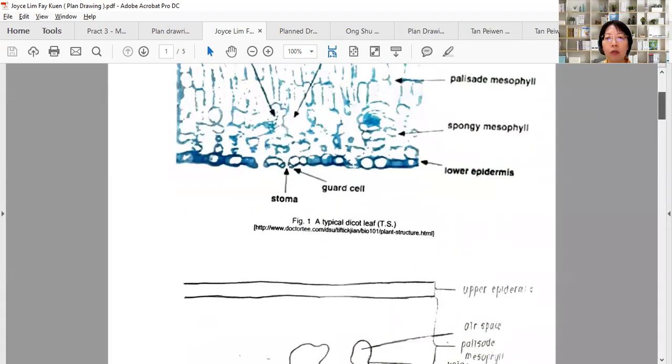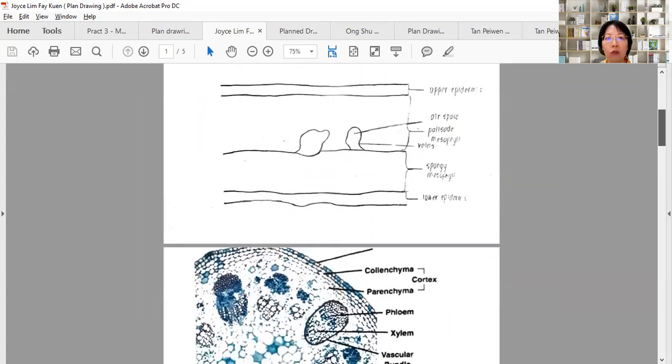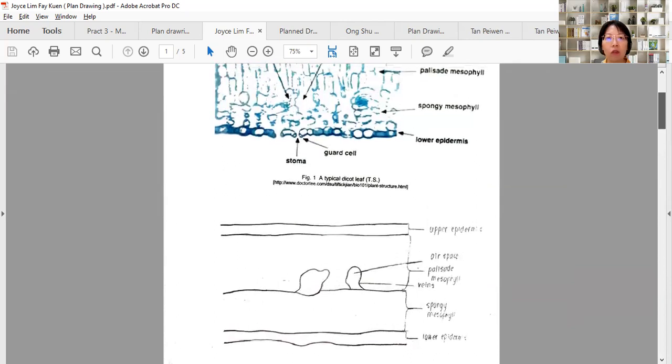This one here, let us look at the drawing. This is a plan drawing at least. And we want to check the accuracy of the drawing. Is it accurate or not? It's not very accurate. You see,